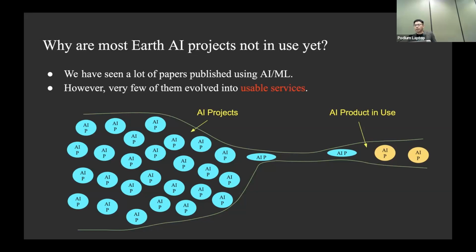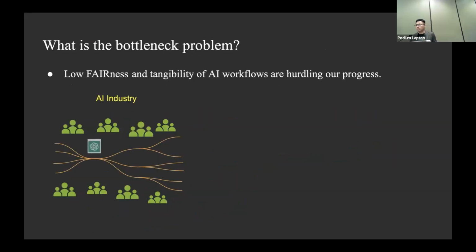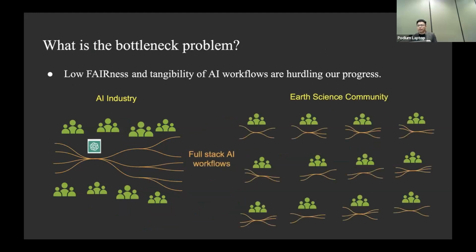If you really want to make it work, you have to collaborate with everyone. So what's the real bottleneck problem? So we started in the industry. Industry is super successful in AI applications, right? So we started that, and actually there are several bottlenecks. The AI workflow is normally full stack. The model is actually the tip of the iceberg. There is a lot of work done below the surface that you haven't seen. Most of the work is in data preparation and post-processing.